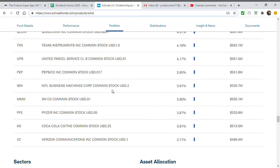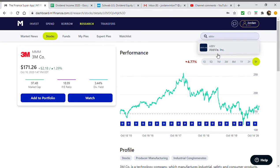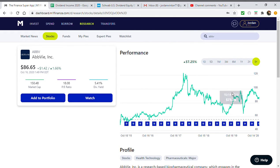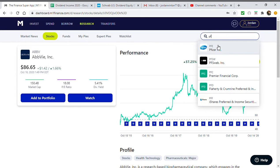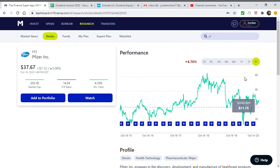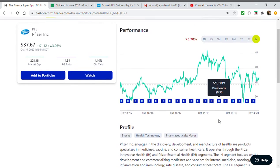Next up, we have Pfizer. It's the same reason that I don't own a stock that a lot of people talk about. A lot of people talk about, for dividend investors, both yield and dividend growth investors, a lot of people look to AbbVie. And in full disclosure, I've really considered adding AbbVie to the portfolio, but regardless, one of its main competitors is Pfizer. Pfizer is another pharmaceuticals company,